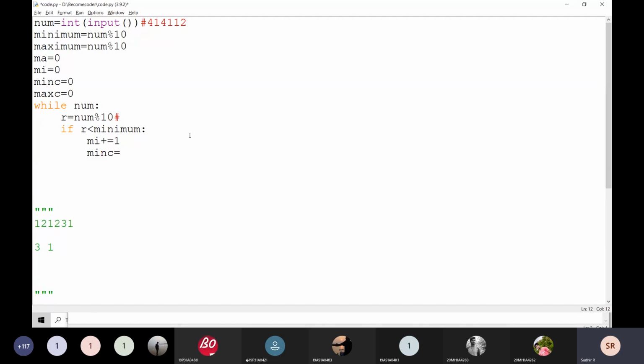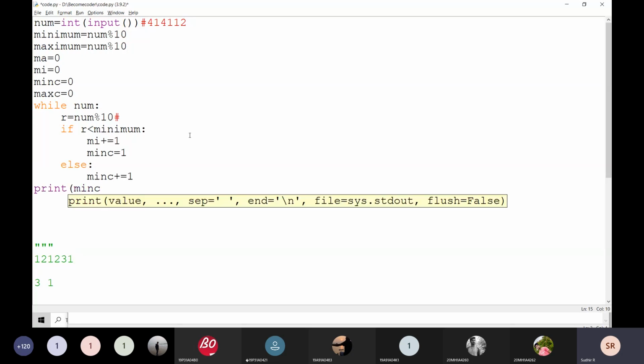And minimum count is equal to 1, for example, else if it is equal to 1, and else min c plus is equal to 1. I will try to find out how many times min c occurs.